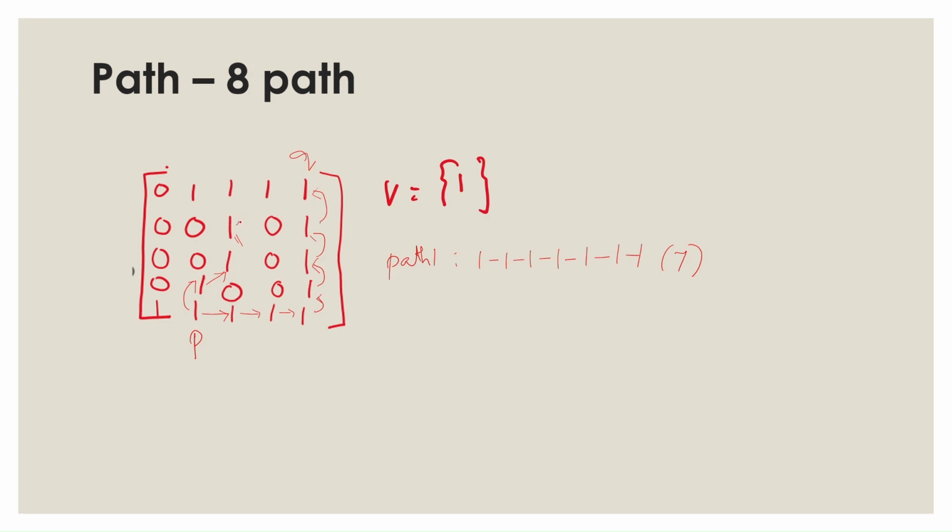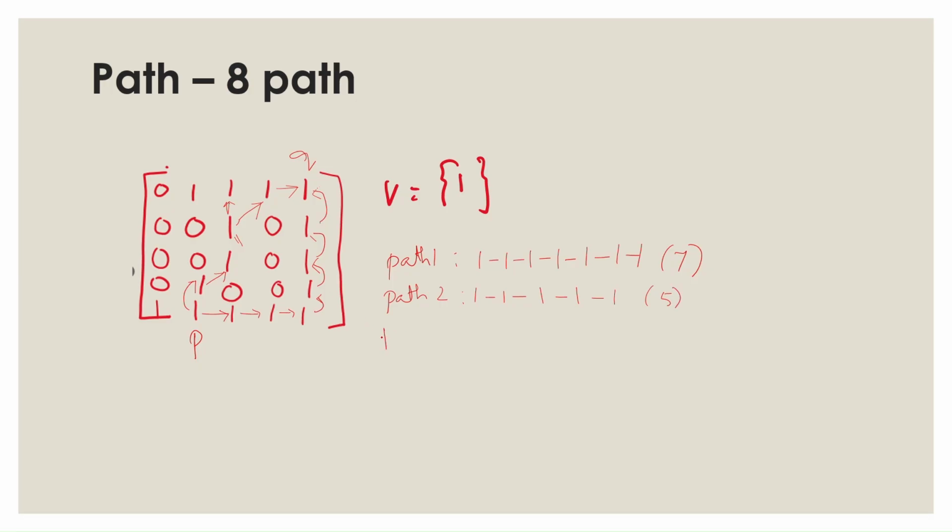Then here we have two options, either to go diagonally or towards vertical. So we'll explore these two paths as two different paths. So now let us explore the diagonal path and we'll calculate the path distance. So now let us take this as path 2. This path 2 contains 1, 2, 3, 4 and 5. So the total distance is 5.